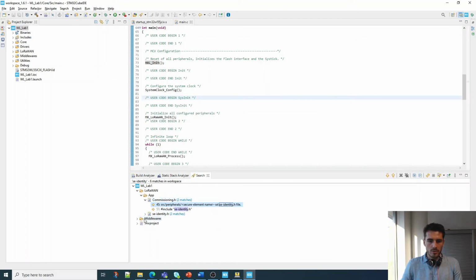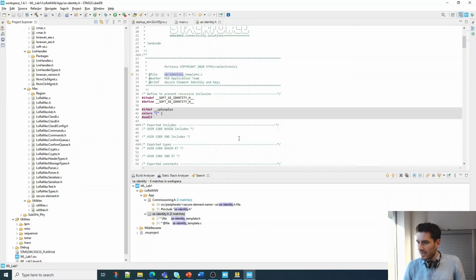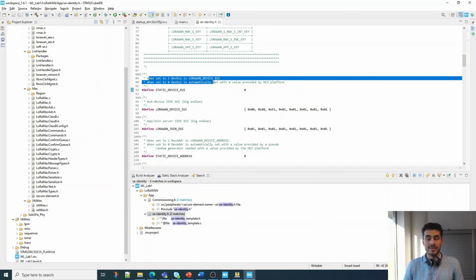Then here you will see that you have a seidentity.h. If you click on it, you just open the file. If you go on line 92, you will find this thing, static device EUI, and you will see that this can be set to two states, either 1 or 0. So if it is set to 0,